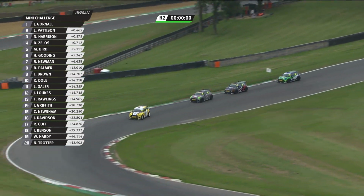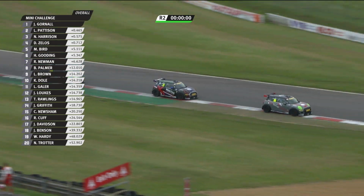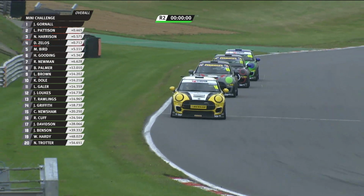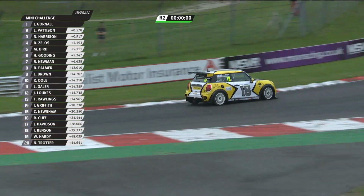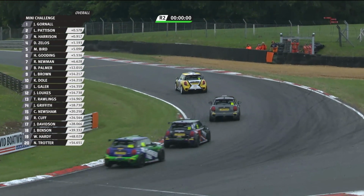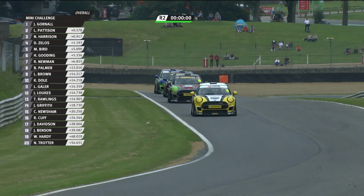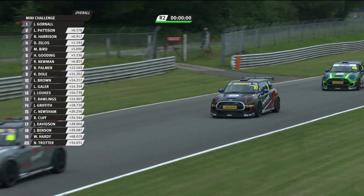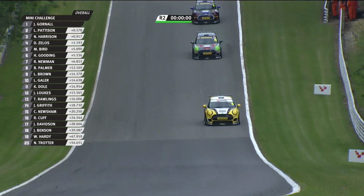Could now be on for, well, certainly 4th, maybe a 3rd place finish. So Gornall on for the 50 points for the win. Harrison at this rate would score himself 40 points. That's a 10-point swing in the favour of Gornall. Take away a couple of points because of the fact that Harrison's fastest lap is quicker than Gornall's. So you're looking at about an 8-point gain. So it's going to come back under 30 points, I think, between the top 2